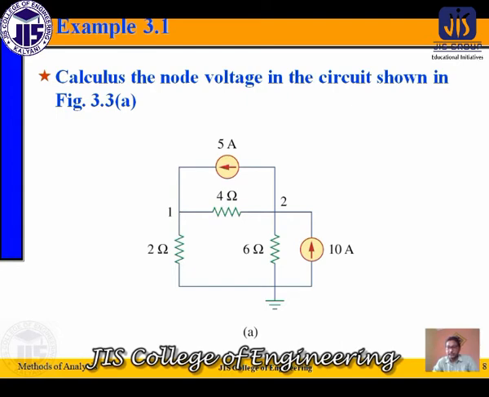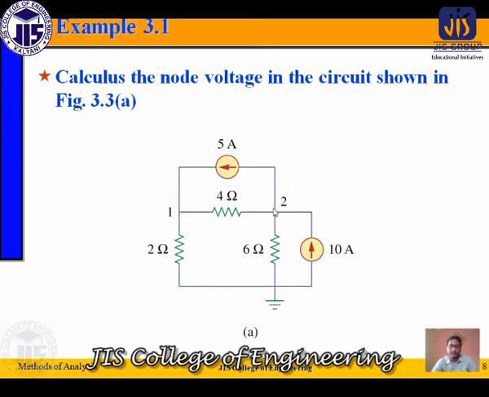Nodes means the junction point or the connecting point for more than two branches. So how many points are there? Let's consider, here is the lower one, that is the 1 point. This point connects branches 1, 2 and 3, different branches, so we can consider this one as a node. Similarly, these points also have 3 branches connected together, more than 2, so we can consider this one as a node.